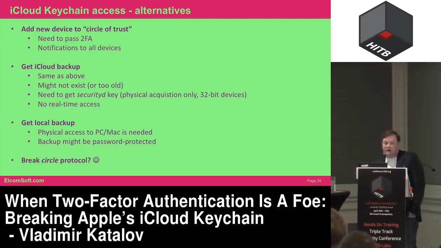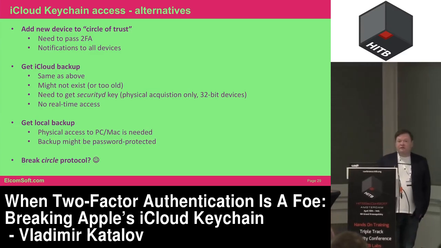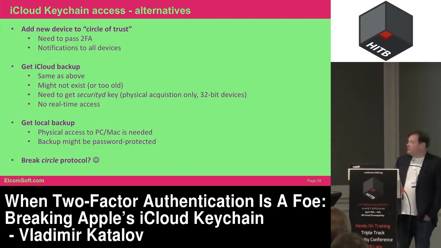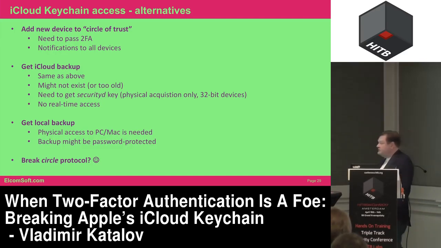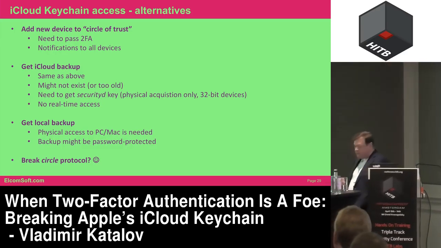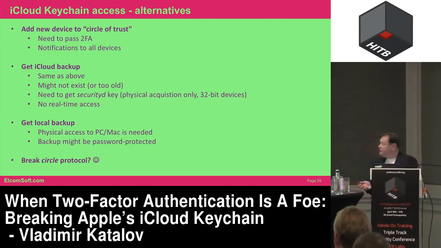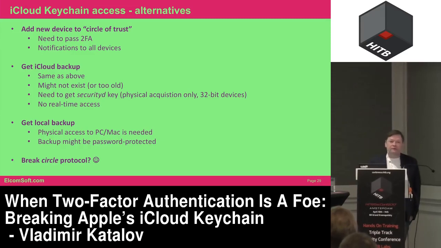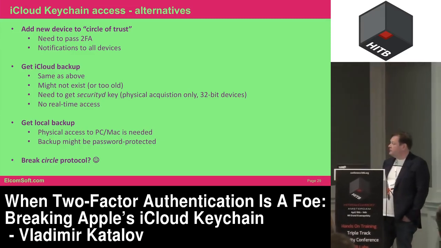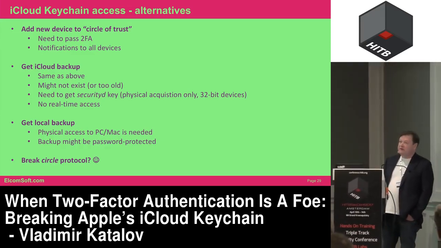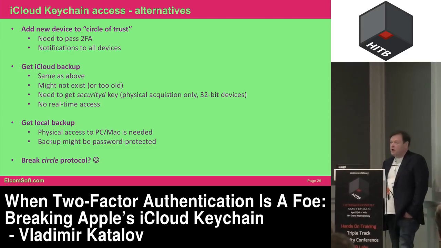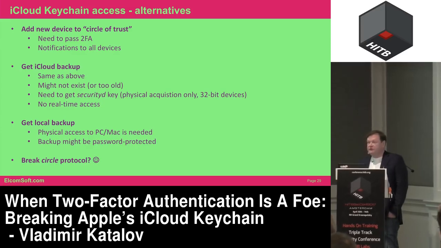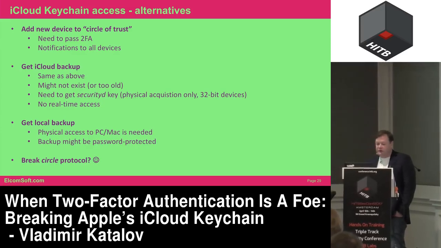You can download the iCloud backup and get the keychain from there, as far as the iCloud keychain is synced with the device keychain. But from the backup keychain, you won't be able to decrypt the data. That was possible only for all the devices up to iPhone 5 and 5C, which are 32-bit. From there, if you have the device in hand, it is possible to extract the device-specific encryption key and decrypt all the records.